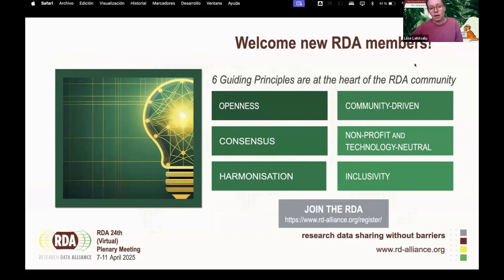RDA is operating following six guiding principles, which include openness, consensus, harmonization, community-drivenness, nonprofit, technology neutrality, and inclusivity. We are open to all opinions, and we hope to include all opinions and points of view, and work in